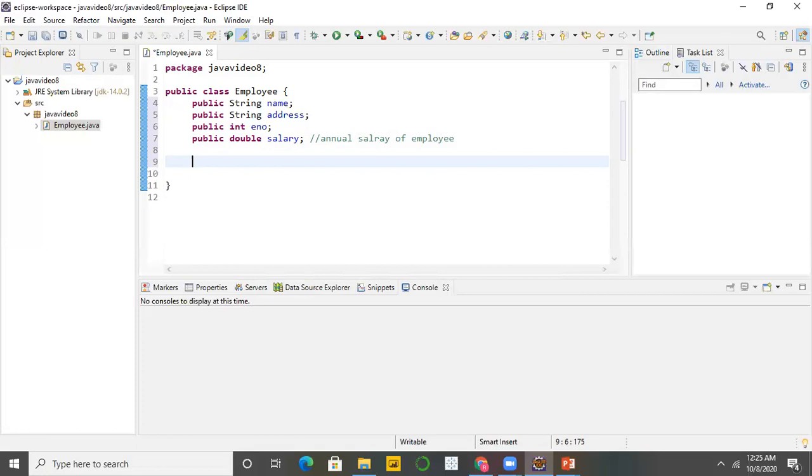Whenever we are creating a method, we again give the access specifier public, the return type of the method double, then the method name, public double, suppose computePay. Observe how I am giving the method name. I am always using the Java naming convention.